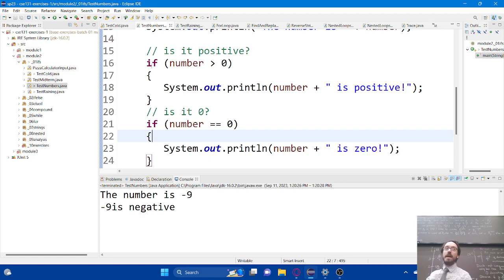So this is false and this is false. So the implied condition here is that x is positive, sorry. But we don't have to say that. The fact that it failed the other 2 conditions has already made that determination for us. So we don't have to actually say that, right? Else is sort of a catch-all. If none of the other conditions that I've tried work, then I'm just going to do this thing.